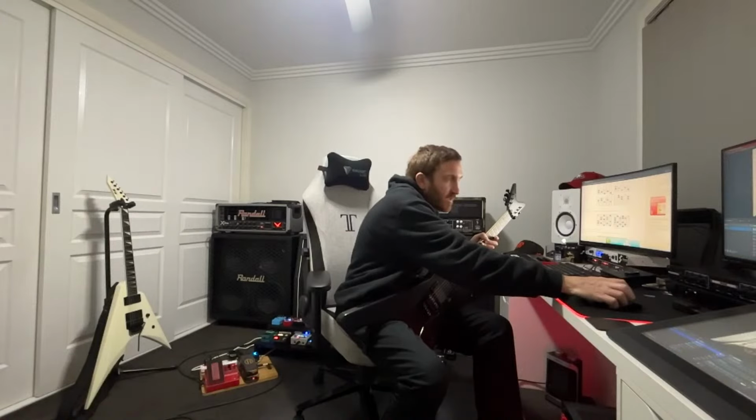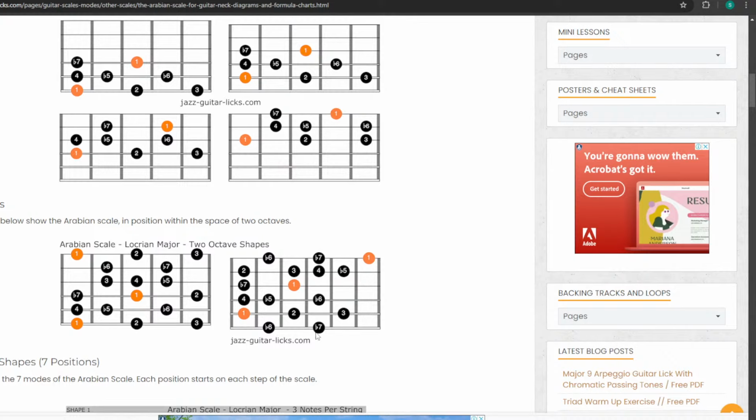So what I did was pick this one, and I noticed it went diagonal this way, then it went diagonal back this way, back to this note. So I've gone that backwards diagonal to this note, and then I started going 1, 2, 3, 4, 5, 1, 2, 3, 4, 5. I start to look for little shapes and ideas. 1, 2, 3, 4, 5. But I thought that was a cool one here. I really like that, from looking at this Arabian scale, Locrian major, right there.